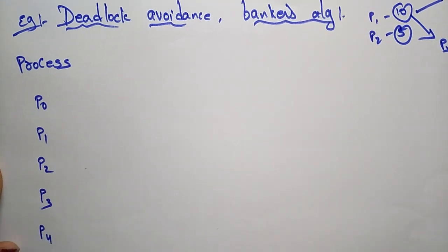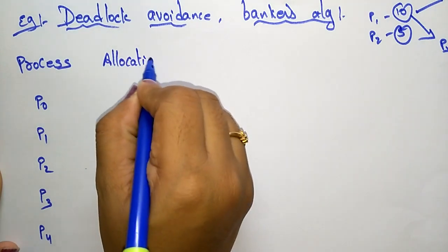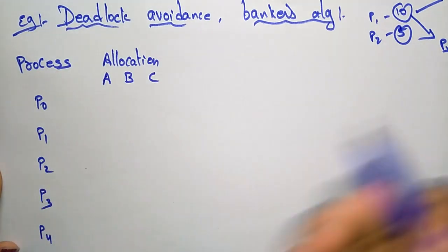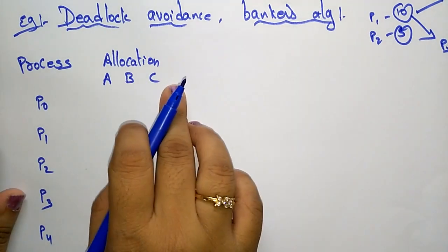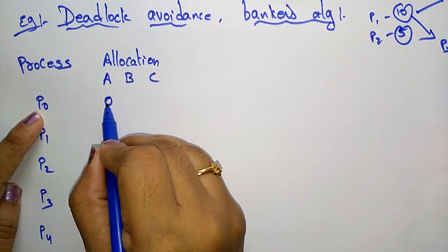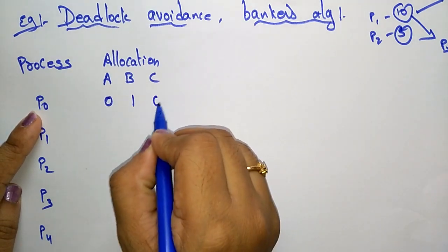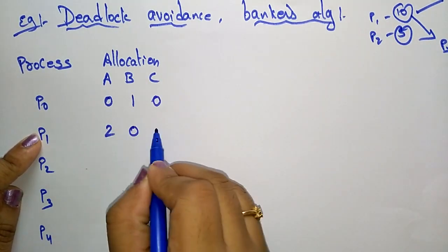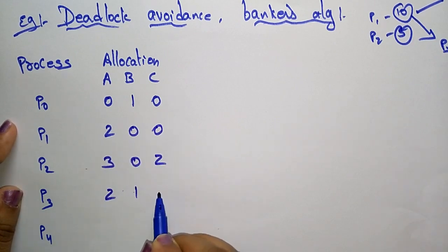Total 5 processes I am taking, and the allocations for each process at the start. I am taking 3 resources A, B, C. This A, B, C can be any type of resources. P0 is using the 3 resources A, B, C. So at the start, P0's allocation for A is 0, B is 1, C is 0. Like that, P1's allocation is 2, 0, 0, then 3, 0, 2, 2, 1, 1,